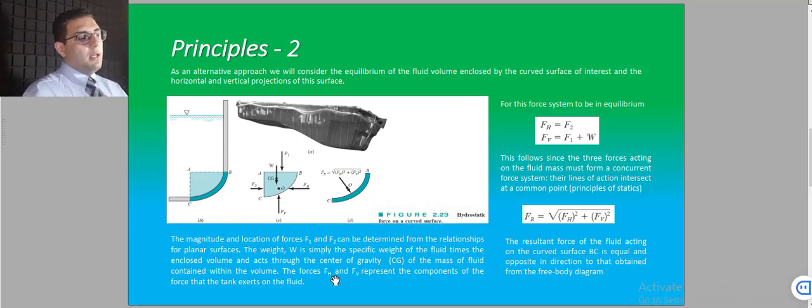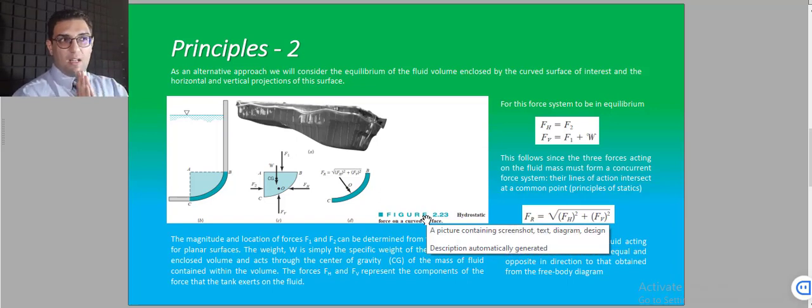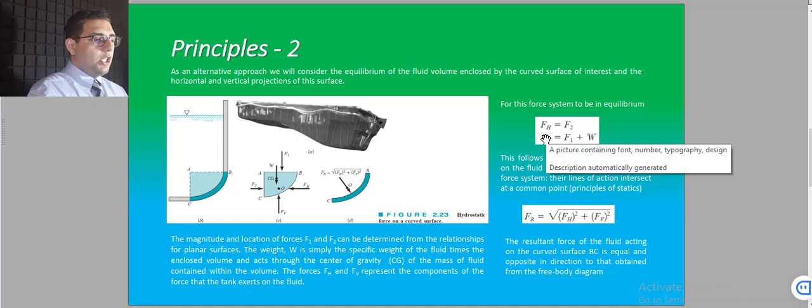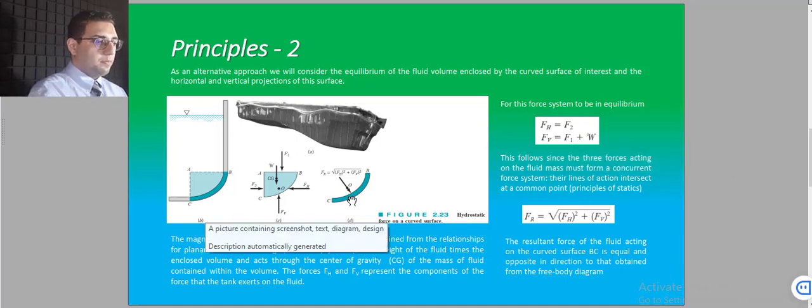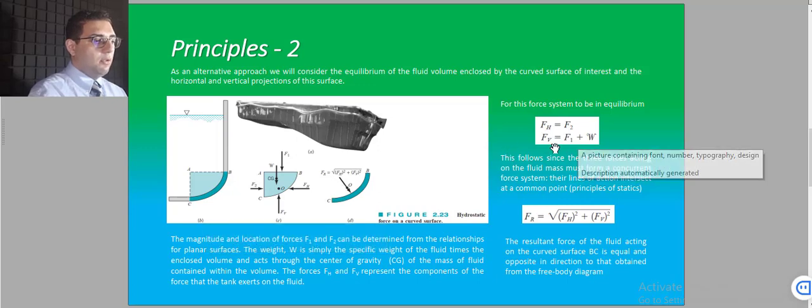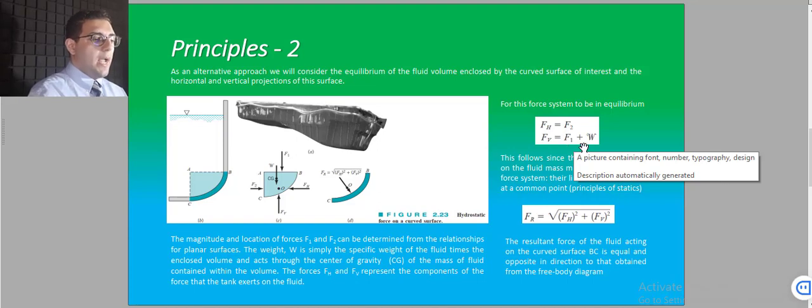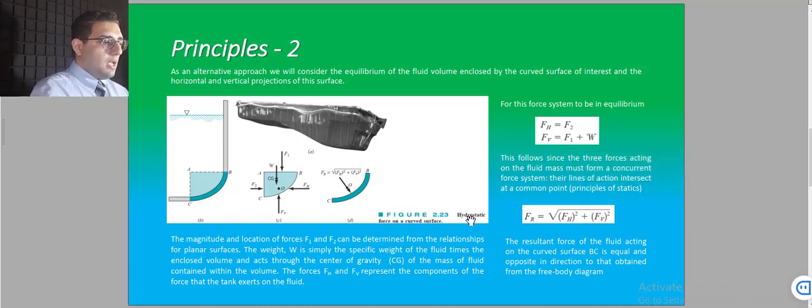If we do the calculation based on Newton's second law, we reach that F horizontal is equal to F2, and the vertical force is equal to the combination of F1 plus weight. If we do the calculation here, we're going to reach this kind of